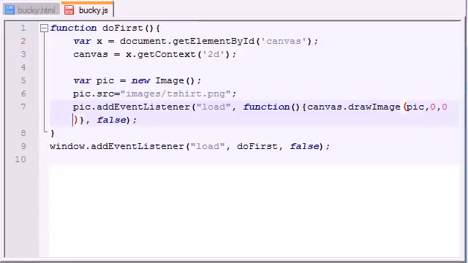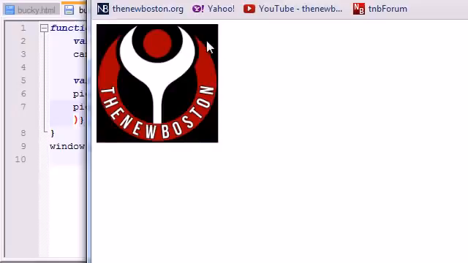And I hate when my editor does that. It goes to the next line, makes it really difficult to read. But anyways, I believe that's it. Can't really tell because everything's on two lines. But let's go ahead and save this and see what we got. As we can see, what we did is we created a new image object. That images slash tshirt.png, that's the image, and it waited for it to load, and then it drew on the